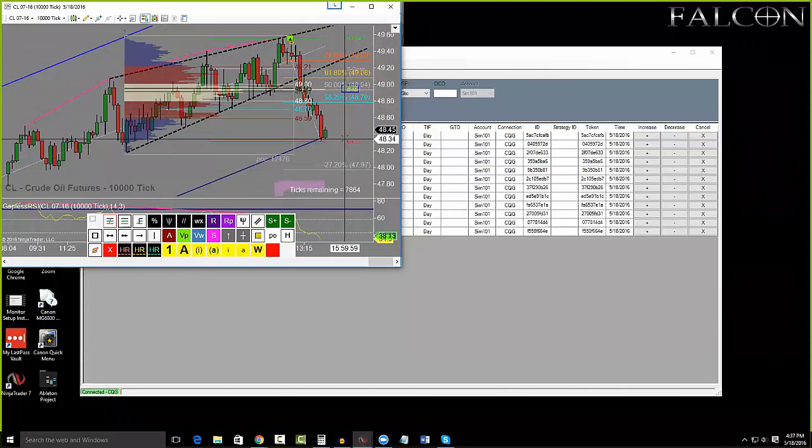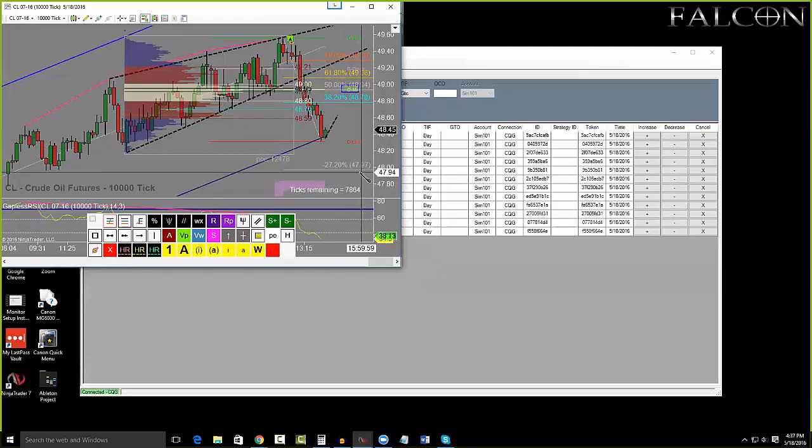So before we get up into here, I would assume that 4860 is going to be resistance. But you will likely see some kind of a bounce off of this trend line here. I just doubt it's going to go very far. This first little overlap right here will probably give you some resistance if we make it up that high. All right, so anyhow,